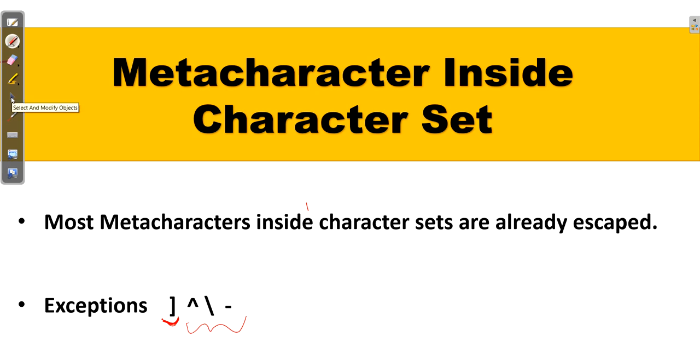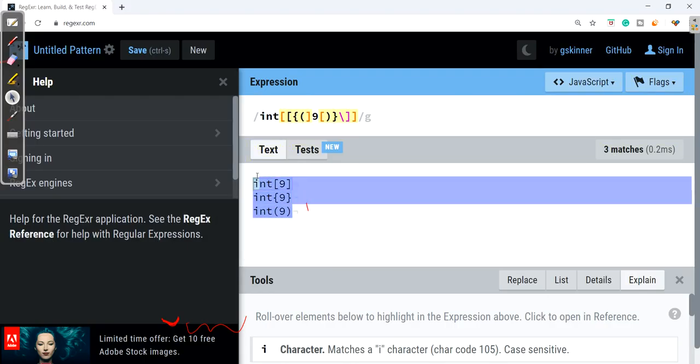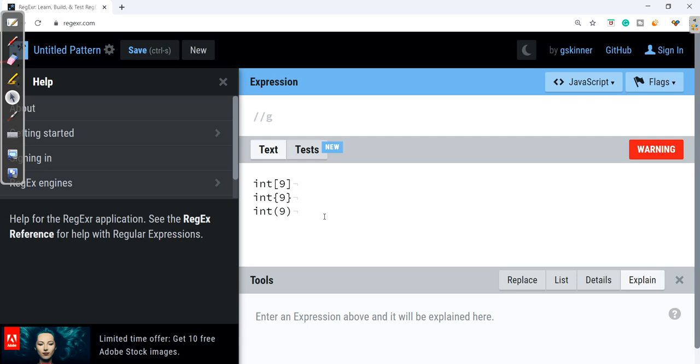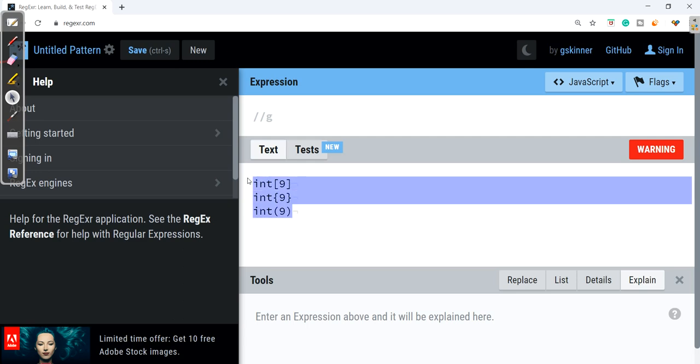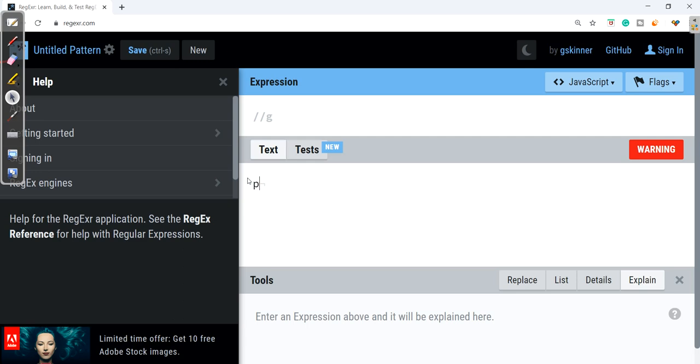So we will go by examples. For this we need to go to the regex tool and here I'll delete everything. Let's write a bunch of words here. I'll start writing program 01, program -1, program \1 and then program _1. Here we have 4 words. Now let's write a regex for it.